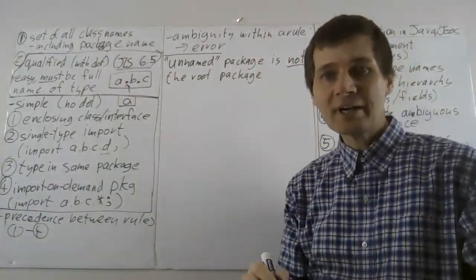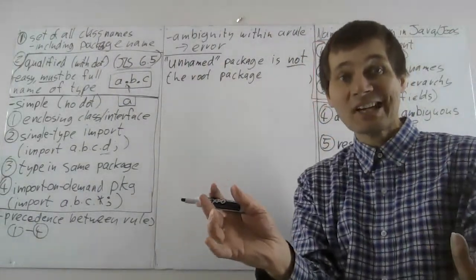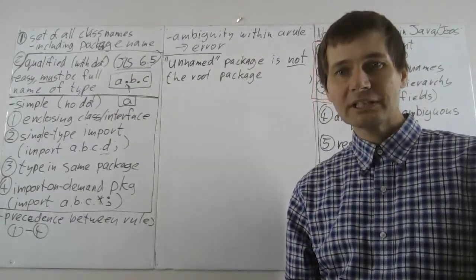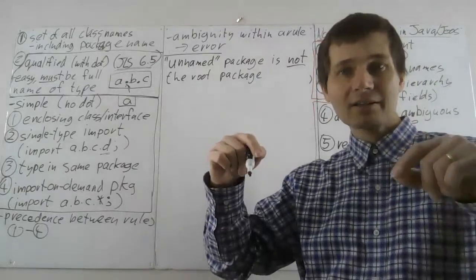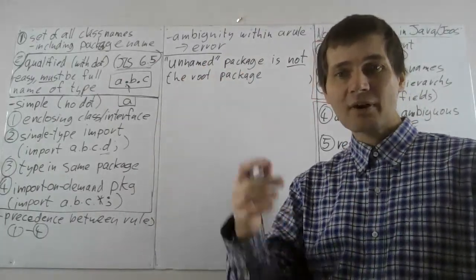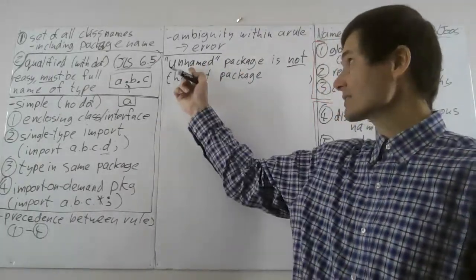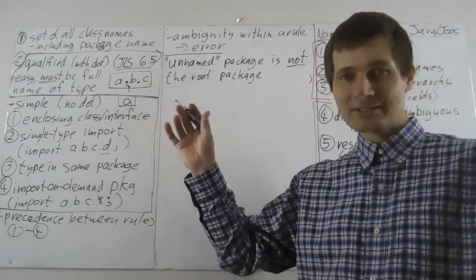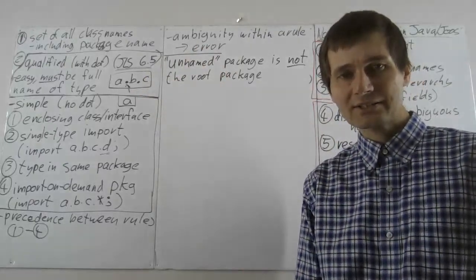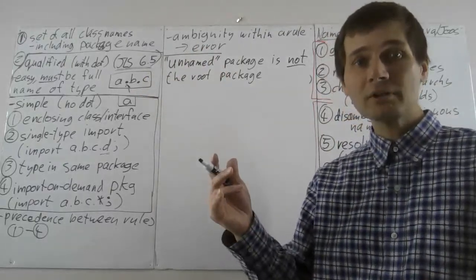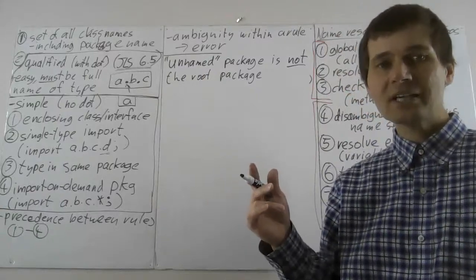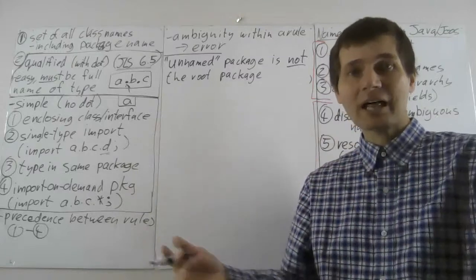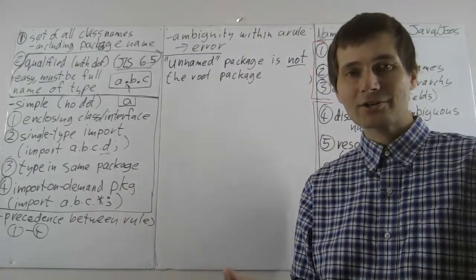So in other words, if let's say I create a class C and I don't give it a package declaration, then I can refer to class C from within other classes in the unnamed package, right? I can have a class D that refers to class C, but it's impossible to refer to class C from a file in some other package or from a class in some other package. Okay,